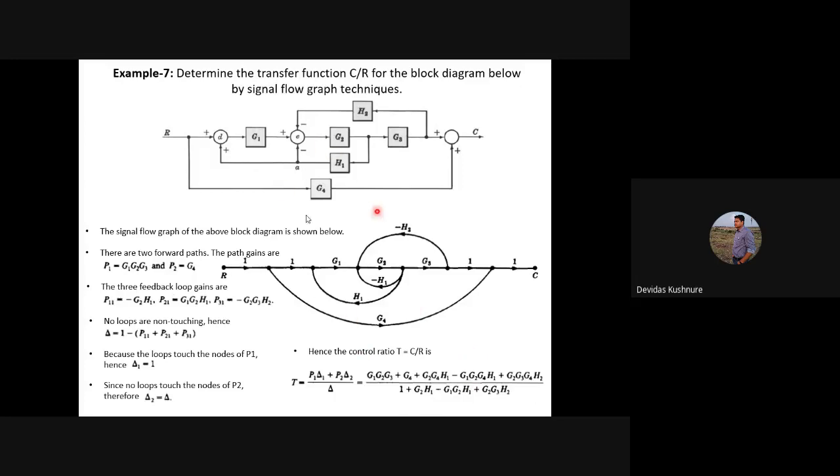And the second property is that the signal flow graph is a technique which is applicable for linear systems only. If your system is linear, then and only then the solution using a signal flow graph is possible. So it is applicable for linear circuits only. Fine. So again, the way is the same. We have to find out the forward paths. In this case, we have 2 forward paths. It has been converted with R, C, where we have D, E. In between, we have 2 more points. So it has been considered here, and we have to join the signals according to the direction mentioned in the block diagram.